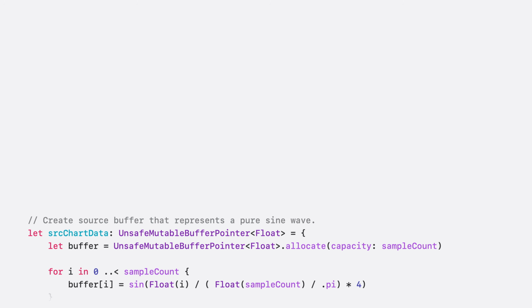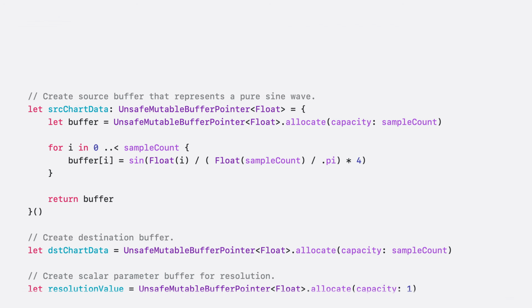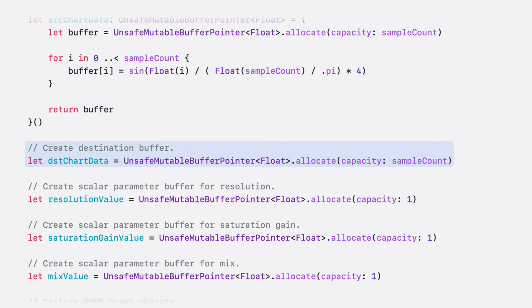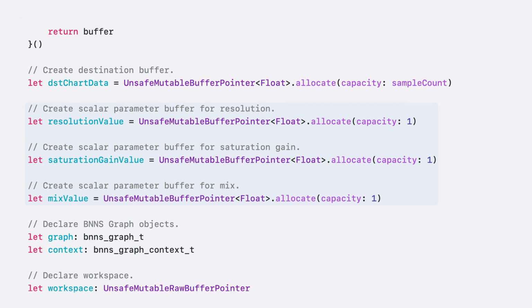The user interface component of the audio unit uses Swift UI and applies the bit crusher model to data that contains sample count elements and represents a smooth sine wave. The source chart data buffer stores the sine wave representation, and the destination chart data buffer stores the sine wave data after BNNS graph has applied the effect. These three buffers store the scalar values that the user controls with the sliders in the user interface.